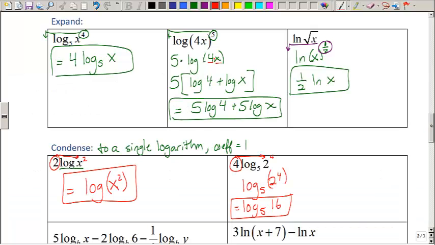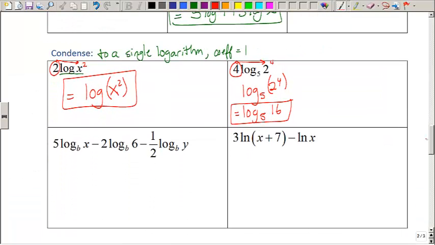We have a few more examples for condense. Notice we have several rules working together here. Usually I like to condense using the power rule first. So every coefficient is going to move up into the exponent. I'm going to move this 2 up into the exponent of 6 and move the 1/2 to the exponent of